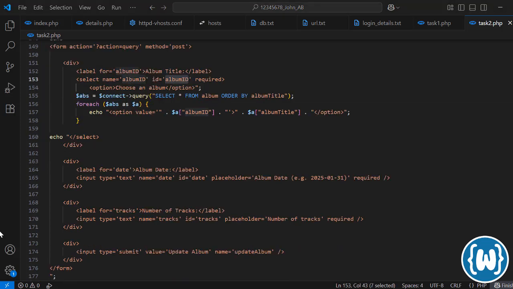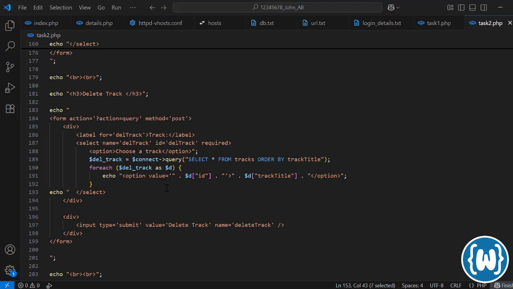So we go to the delete part. Good part in this one, we are not setting the name attribute to ID. So for the name attribute, we are setting it to delete track. So the name of the delete button is delete track. Let's copy that and undo it in the